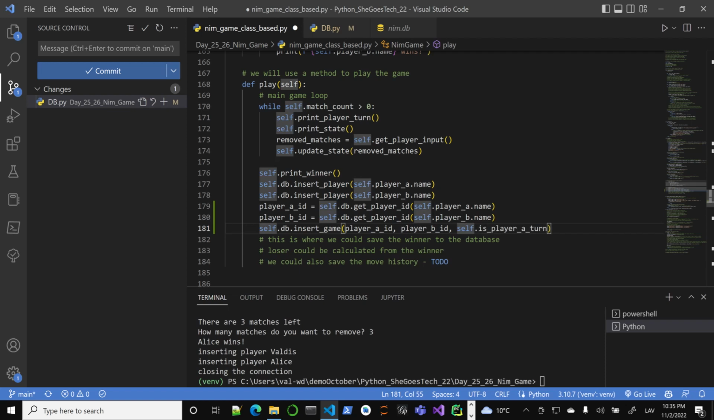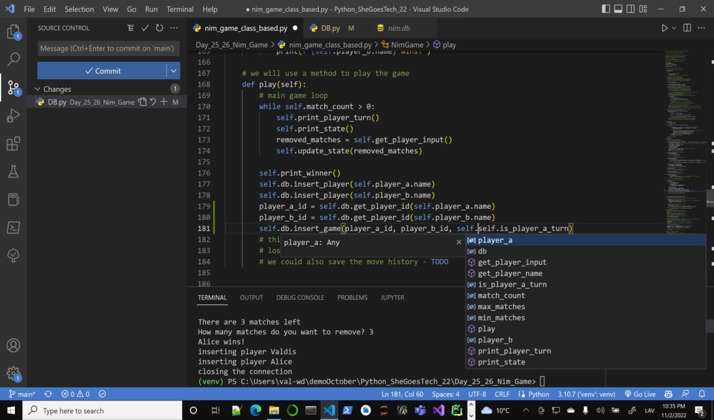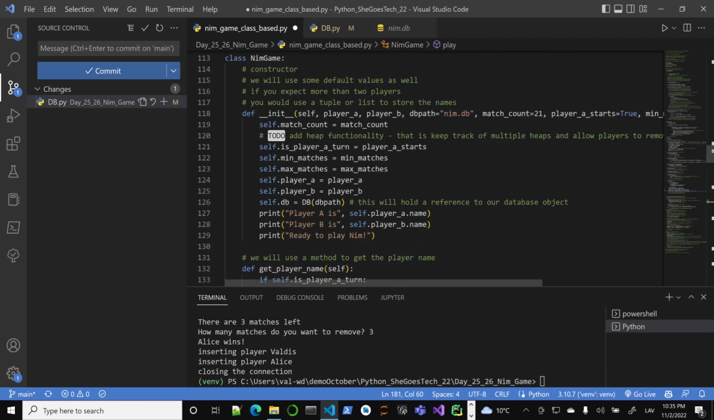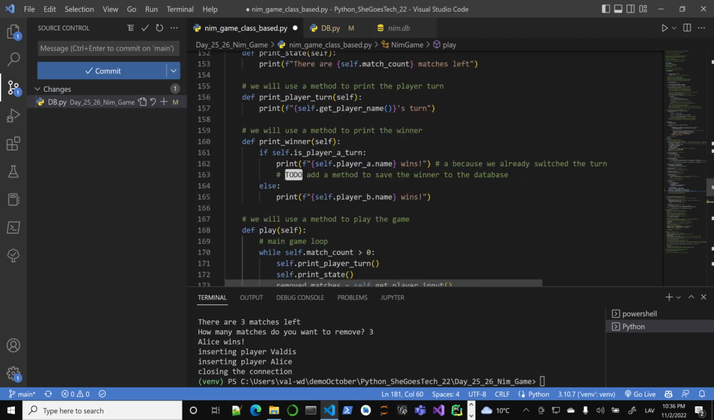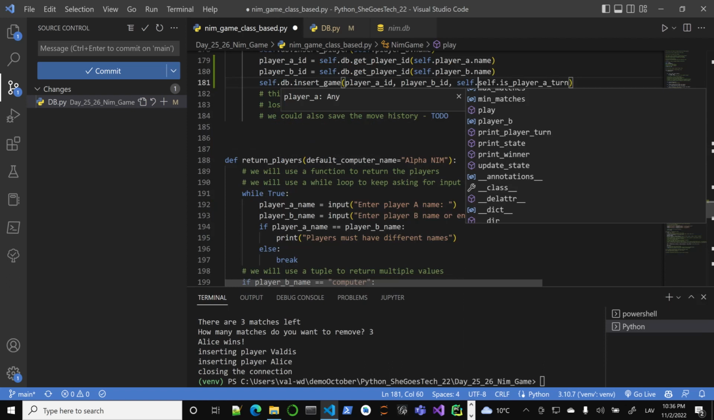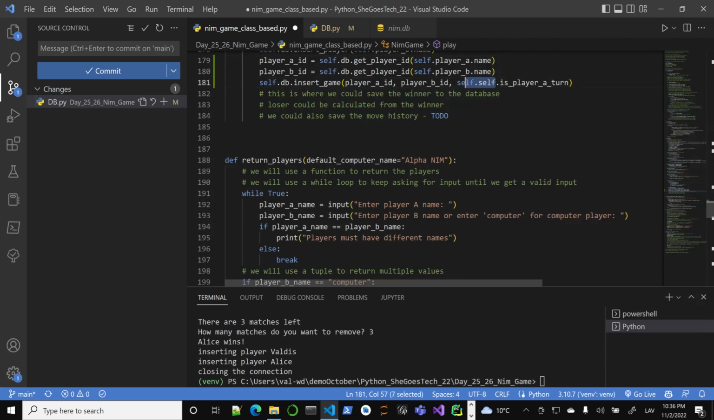We can insert 21. Maybe insert self match count. Not match count, but what was the maximum count? Max matches. Match count was a starting point, actually, right? So that would have been the starting point. We can insert something random, maybe just general game, regular name. I don't know, regular name. And let's insert